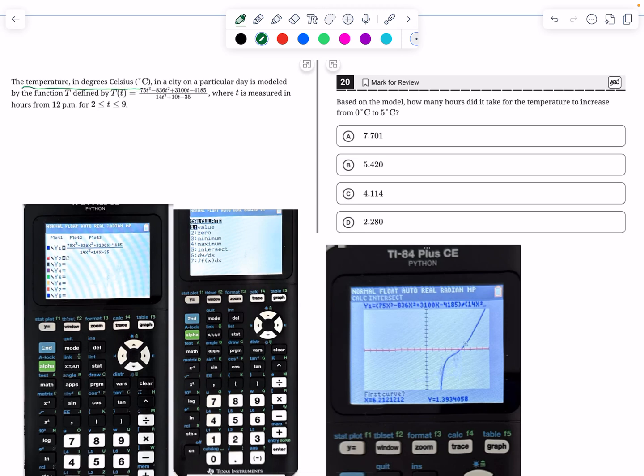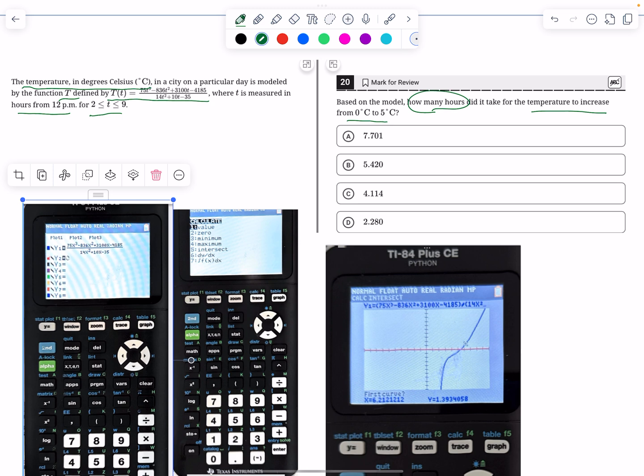Degrees Celsius in a city on a particular day is modeled by the function T, defined by T as a function of time, and this is the rational equation, where t is measured in hours from 12 p.m. for 2 ≤ t ≤ 9. Based on the model, how many hours did it take for the temperature to increase from 0 degrees Celsius to 5 degrees Celsius? Well, first of all, this is a calculator problem, and as you can see, I showed you